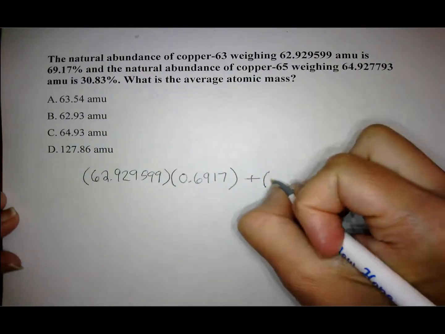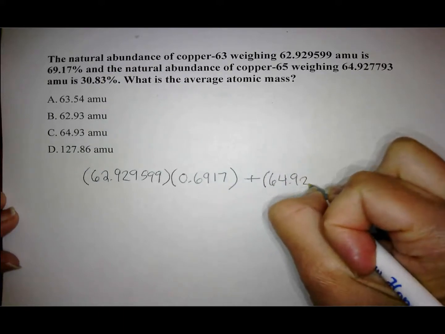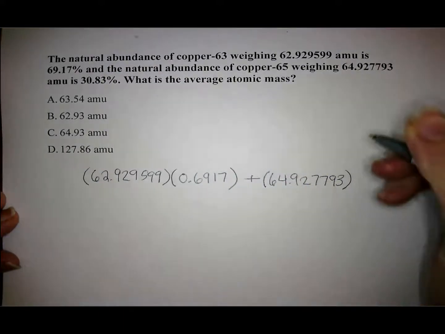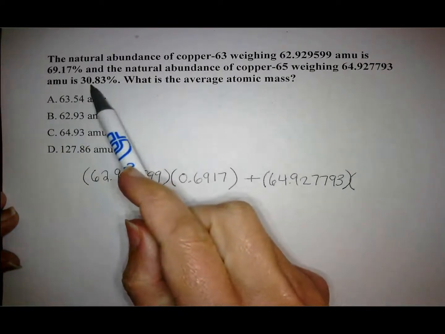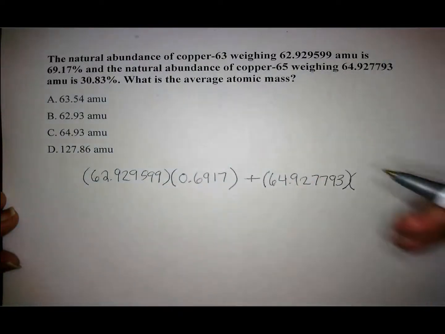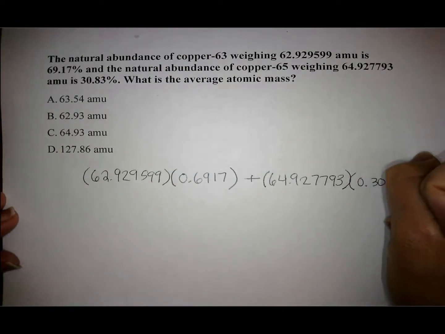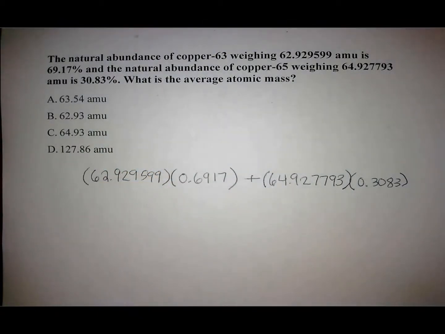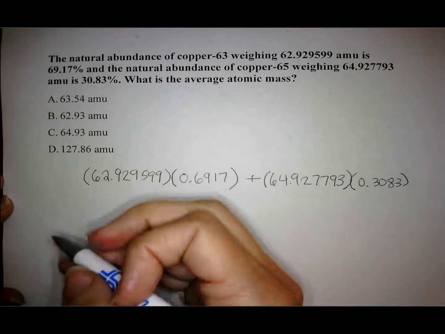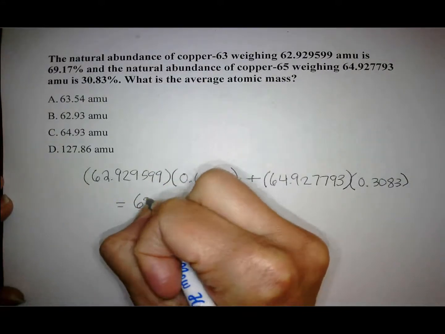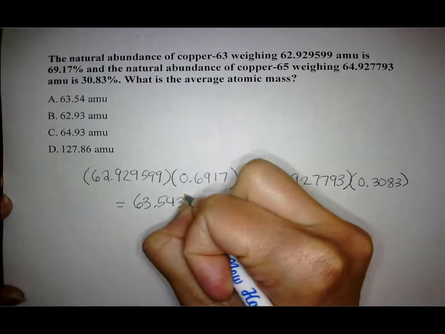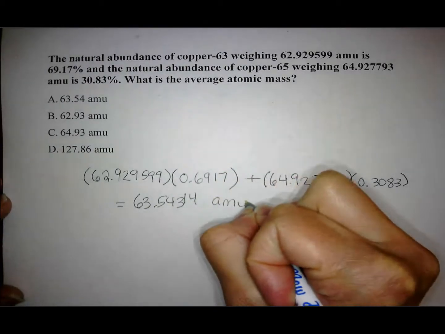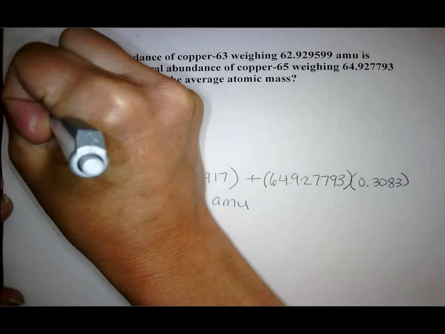So the other isotope has a mass of 64.927793, and we multiply it by its abundance in decimal form, which is going to be 0.3083. Again, we've moved the decimal point over 2 spots. And I like to do this all in my calculator. Just make sure you put in the parentheses so that it does it correctly. So when I do that, I come out with 63.54314 AMU, and we can round that to get A,